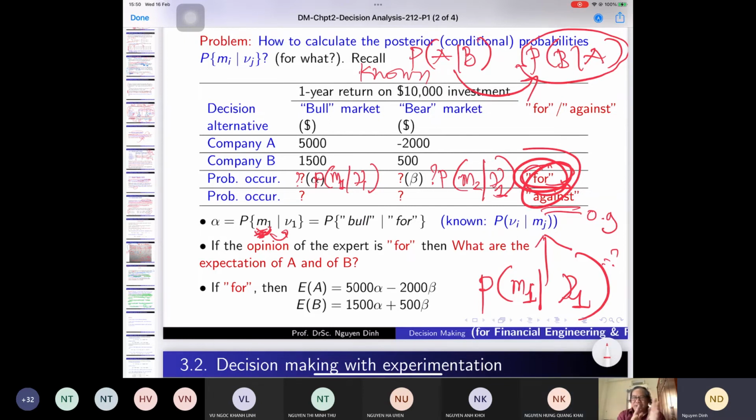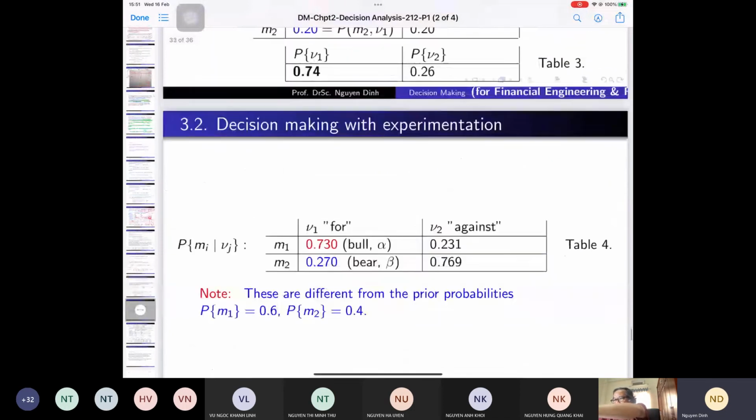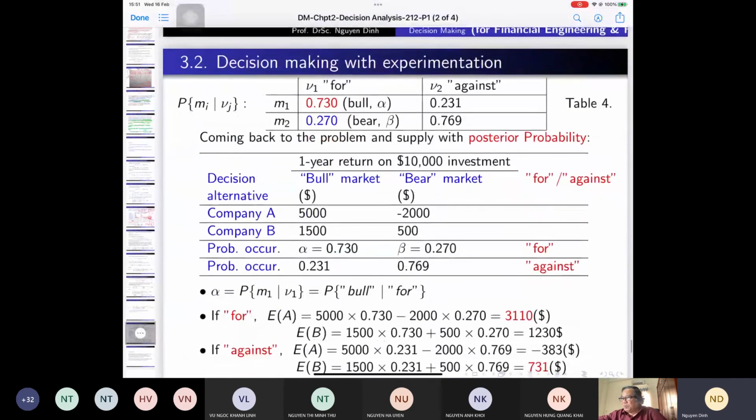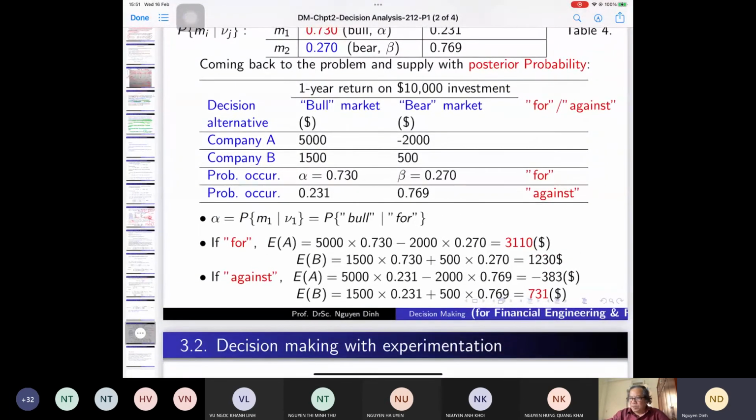You know this. If you know P of A given B, and you want to find out P of B given A, you need the Bayes theorem. That's the reason why I tell you that you need to read back just one part about the Bayes theorem. And what I'm writing down here is just the way to use the Bayes theorem, and then they calculate this.